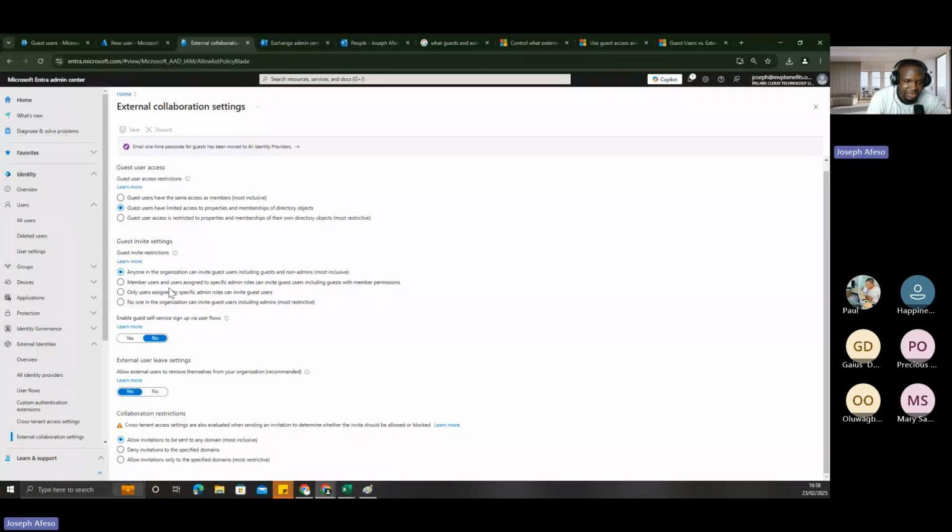So as a security practice, you should say that member users and users assigned to specific admin roles